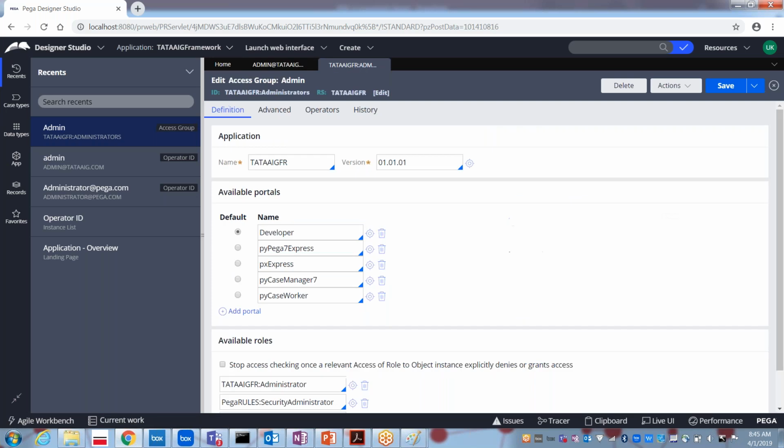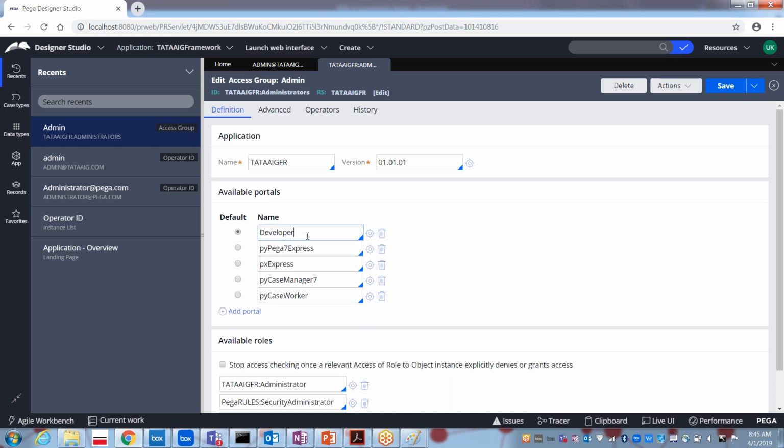And along with that, he has something called portals. So he has access to 5 different portals.